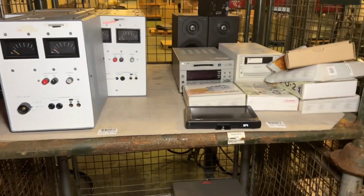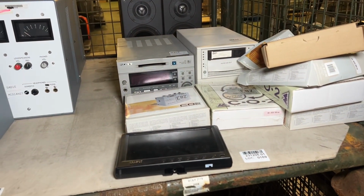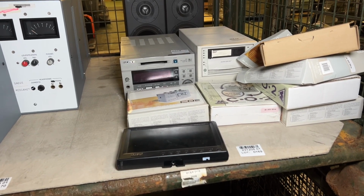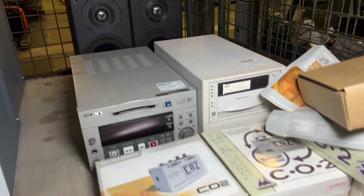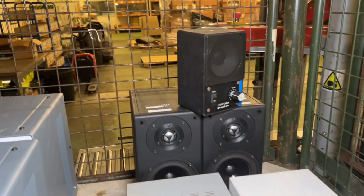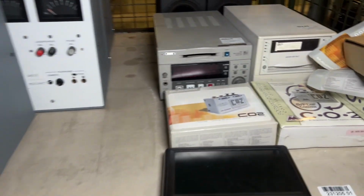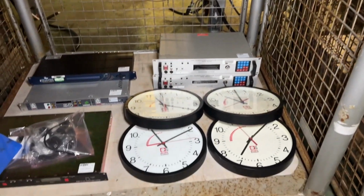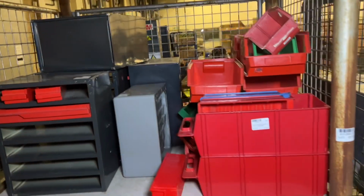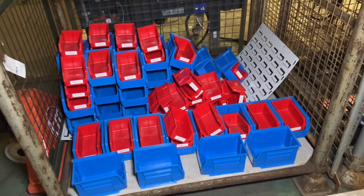So here at 169, I have a selection of goods. Got some colour monitors. As you can see, different makes in there. There's Sony. Got some speakers as well. Comfort Audio. So we'll be moving on to the smaller items very shortly. A selection of limb bins and storage here. And now we'll move on to